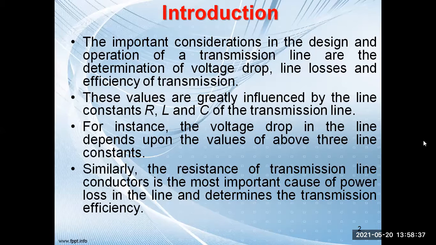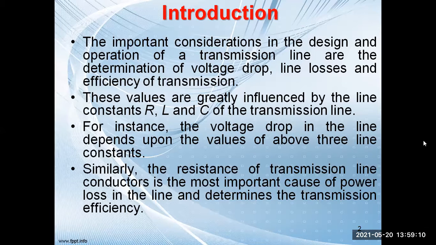Because in any transmission line, the conductor has some line resistance. Due to that resistance, when current flows, there will be some losses. Those losses are known as the I square R loss or the ohmic loss. Due to those losses, the power delivered from the sending end, the receiving end power will be more or less? Less, sir. It will be less. So the receiving end power will be less than the sending end power because of these line losses.